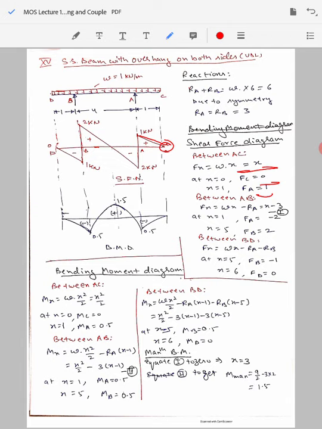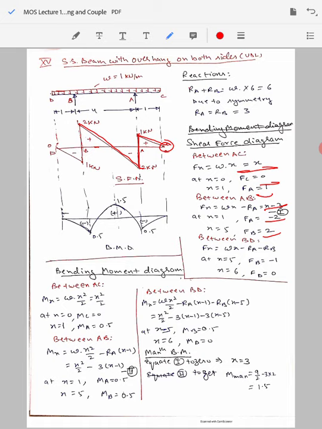Then at point A, the value drops to minus 2. So from 1 it goes to minus 2. This drop is there. And then there is again a linear change, because again the equation is dependent on X linearly. So from minus 2 it goes to plus 2. There is a positive change here and a ramp up here.